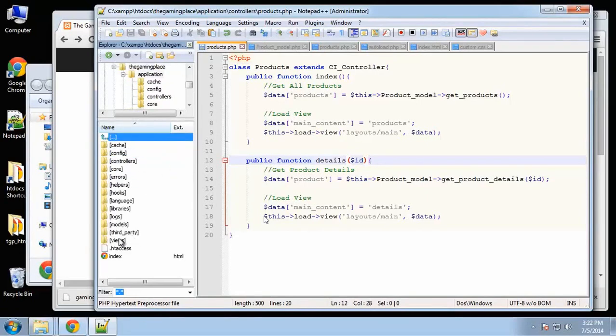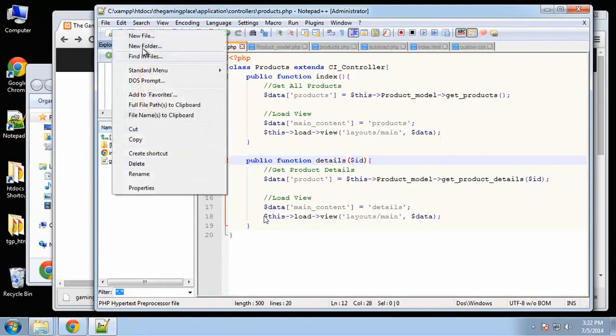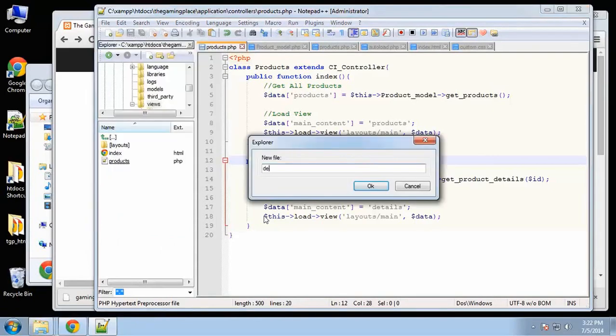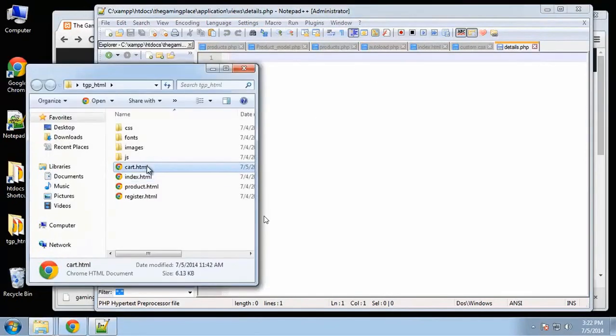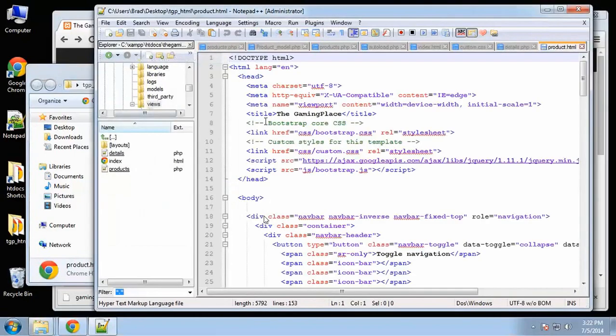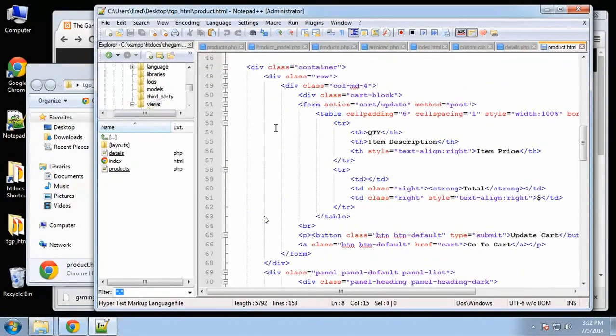So in application, views, I'm going to create a new file and call it details.php. Alright, so what I want to do is grab the HTML. Did we create that page? Oh, we called it product, that's right. So let's open that HTML up, and we want to get